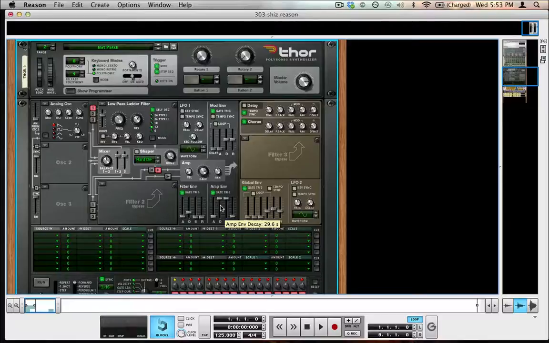This is going to be a quick Reason tutorial to show you how to make a quick and dirty 303 bass sound. We're going to make it fairly similar to how 303 bass works. There's a lot of tweaking you could do to really go in any direction you want with a 303 bass sound. To start, I'm going to play an example, and this is going to be the dry